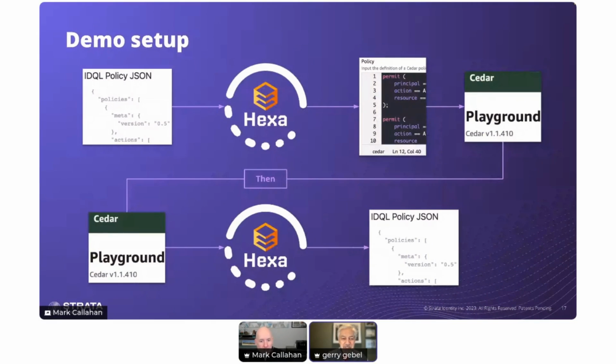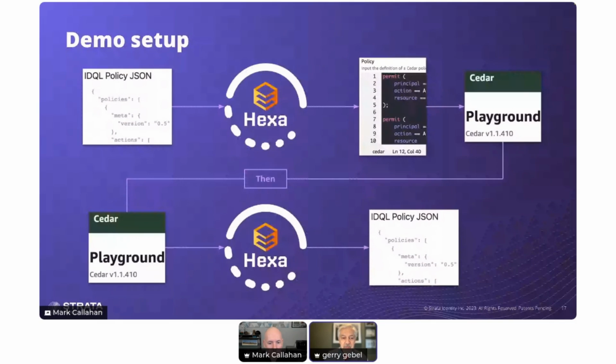As we mentioned, the Cedar policy language was just announced last month. So the crew here, and a big shout out to Phil Hunt on the working group team, put together a prototype mapping capability. What you'll see here in a moment is I'll show you a simple IDQL example policy in JSON.